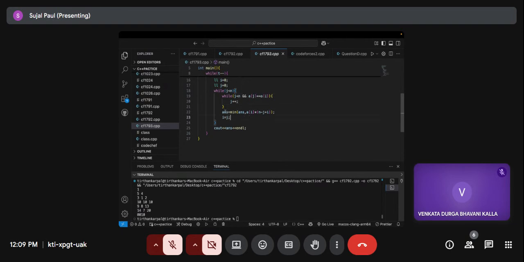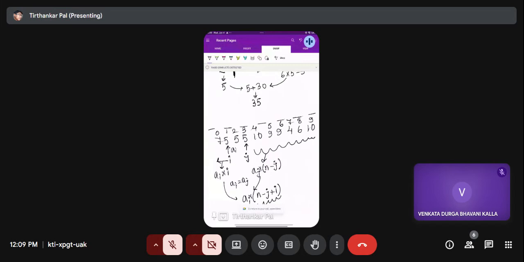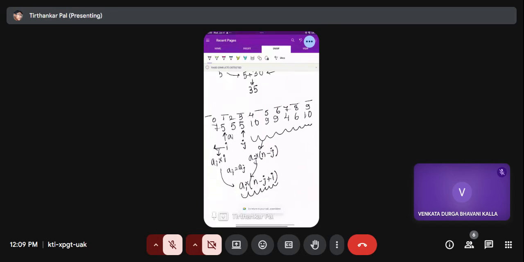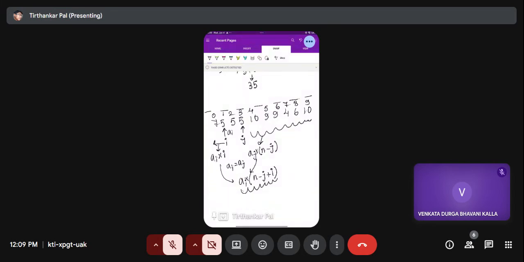So now we will just do answer equals minimum of answer and ai into n minus j plus i. Okay, and there is a small clarification, I think. Here I was telling you that there is j and there is n minus j. So it is not. There will be